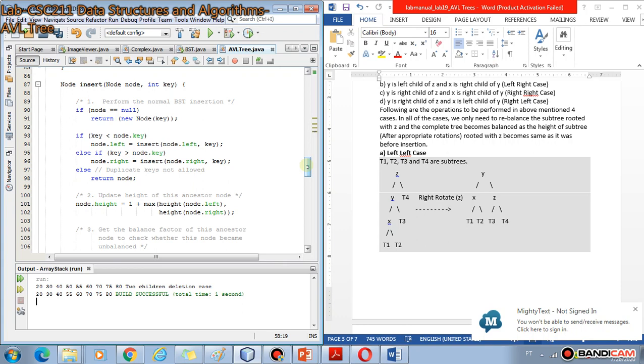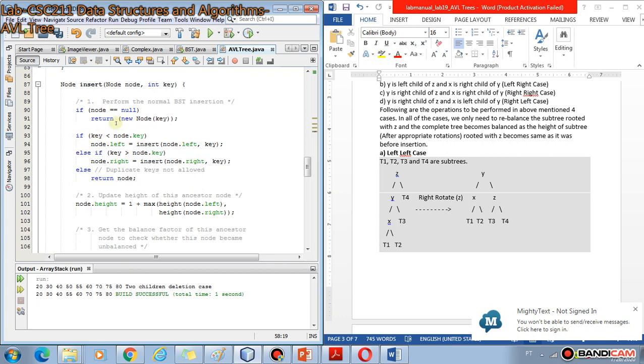So the insert function is updated a little bit from the BST insertion, in such a way that if the node is null, if this AVL tree is empty, you just insert this new node and return it. It becomes the root.